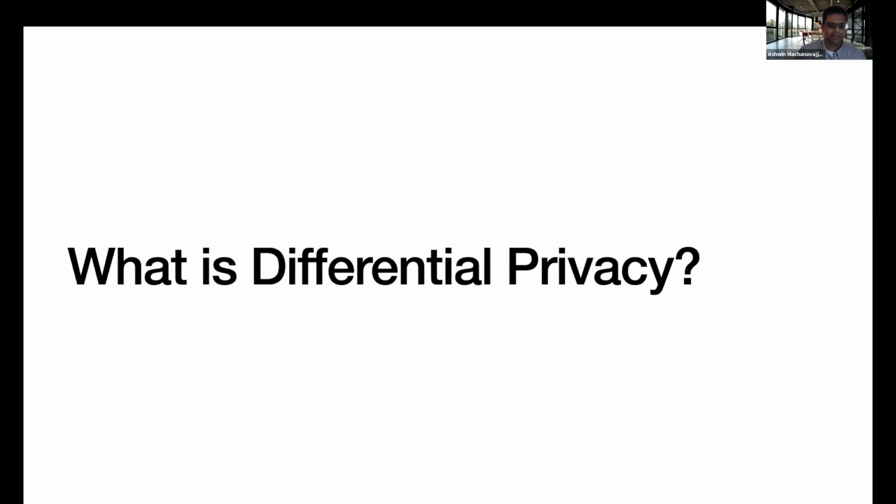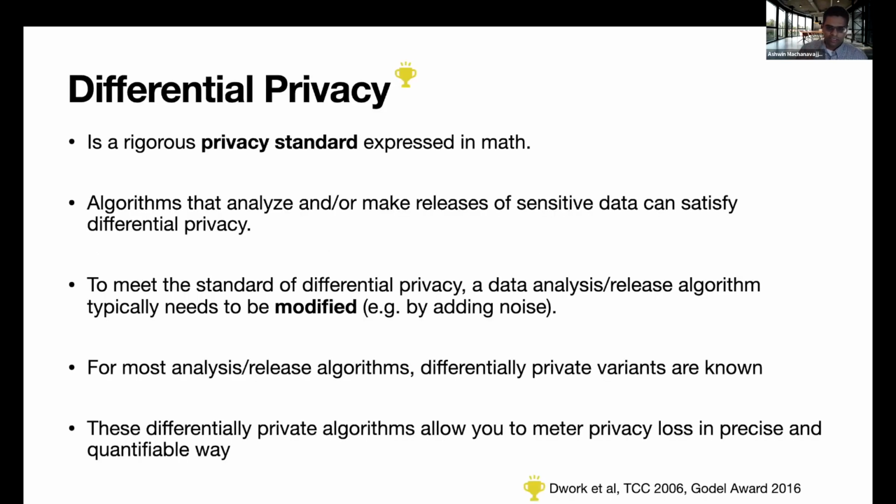Okay. So what is differential privacy? One of the big things when you talk to people in the real world is that they think differential privacy is an algorithm. They think, oh, let's use differential privacy to solve a problem. Differential privacy is not an algorithm, right? It's just a rigorous privacy standard that's expressed in math. Algorithms can satisfy differential privacy. This is a big disconnect that a lot of people who are not familiar with differential privacy don't understand, and when you're communicating about it, it's the first point you want to talk to them about: differential privacy is a rigorous standard, and algorithms can satisfy the privacy standard.